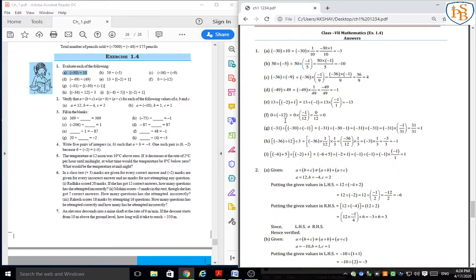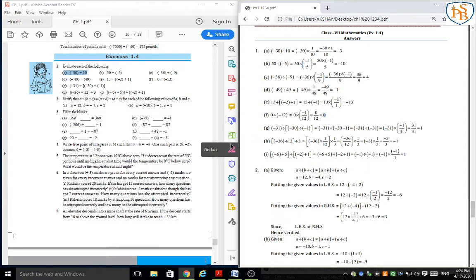Already in the first video we have studied that if we want to divide any integer by 0, the answer will be undefined because there is no table of 0. But in this question we have to divide 0 by an integer, so the answer will be 0, just like multiplication.